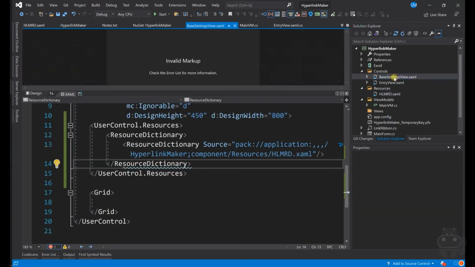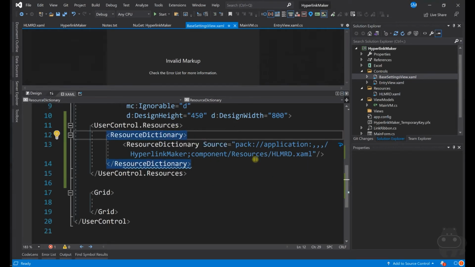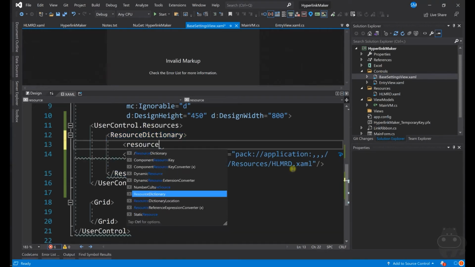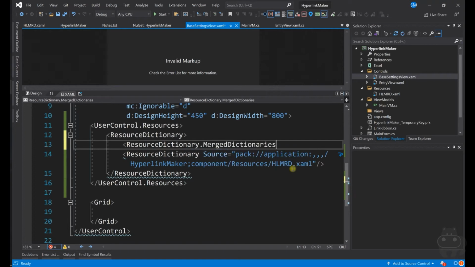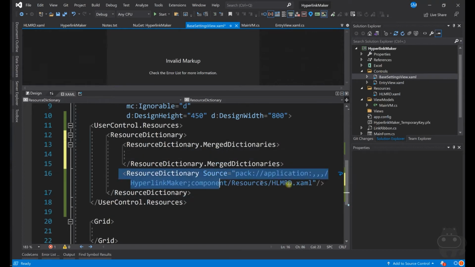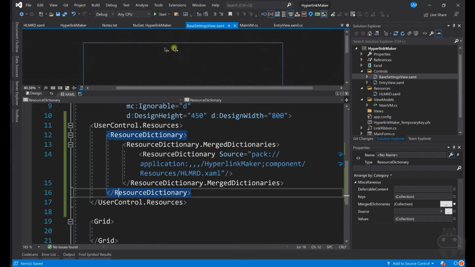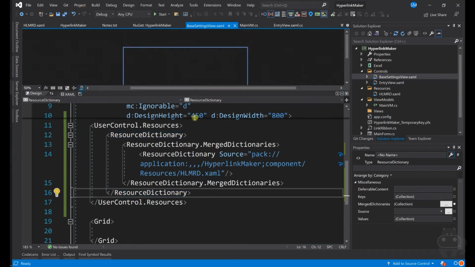Come back to our base settings. Resource dictionary. Okay. You know what happened? You need to merge another dictionary. So you cannot directly call a resource dictionary; you use ResourceDictionary.MergedDictionaries. So you merge a dictionary, and that's fine. Now you see your UI as well above.